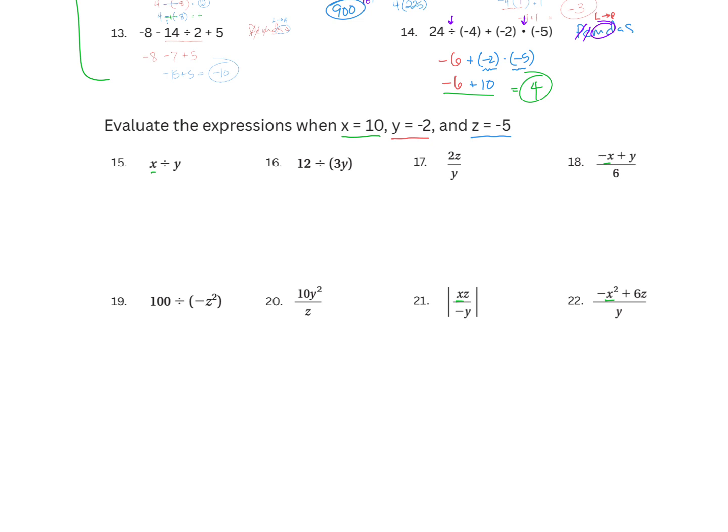Okay, so here we go. I'm not going to try and color code them all. You know what? Whatever. Here we go. -10 divided by -2. Same signs. Negative divided by negative. It's 5. And 16. We have 12 divided by